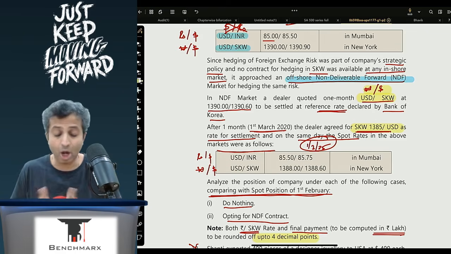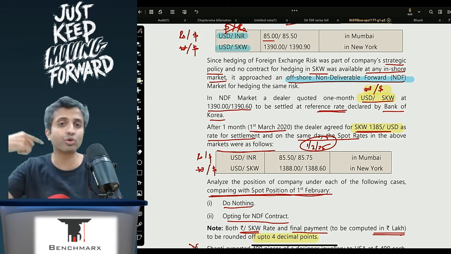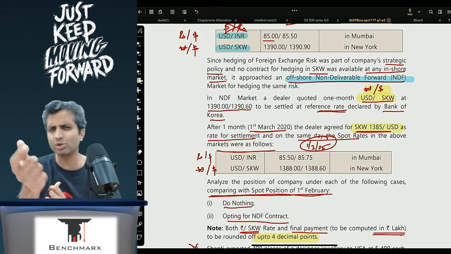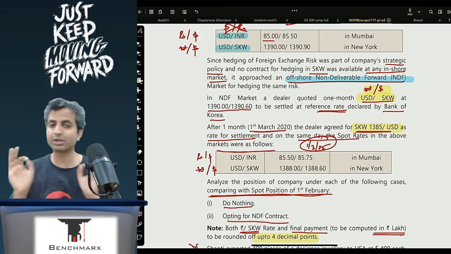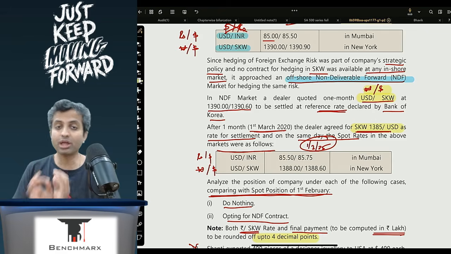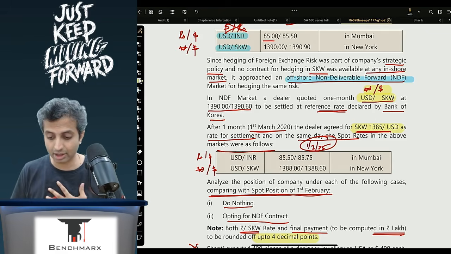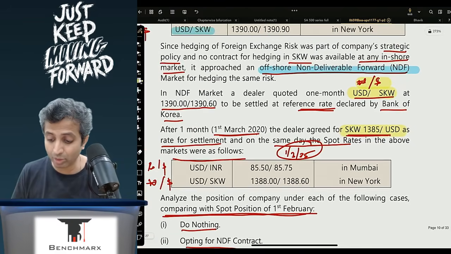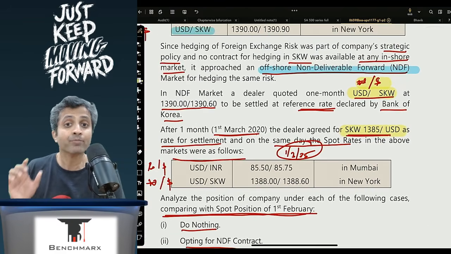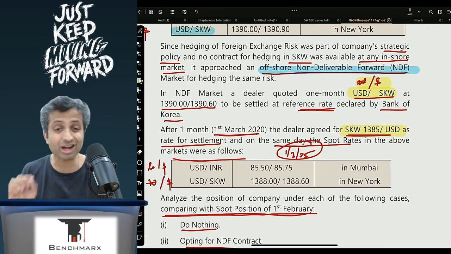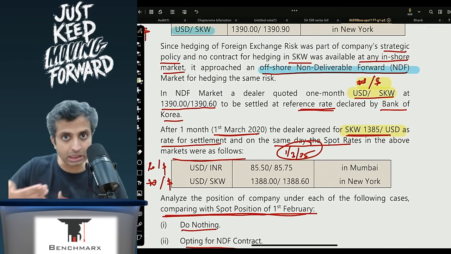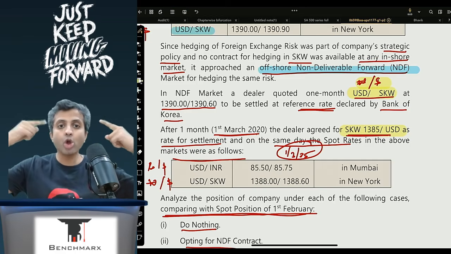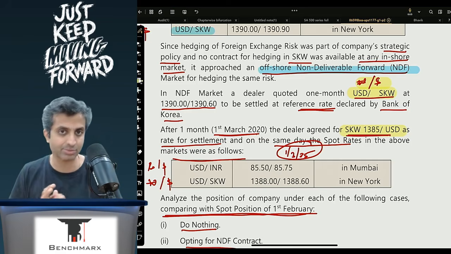Well, right now you will have to see when you have to formulate the strategy, and there are different ways in which you can think. If you see the printed solution, you will find some other language being used, but the ultimate answer remains the same. The way we think is, well, you know what, let us look at the non-deliverable forward. The rates given for the non-deliverable forward is won to the dollar. Now this is your rate, and hence your base currency, the currency in the denominator of the NDF quote, is a dollar. So all your thought processes has to run from a dollar's perspective.